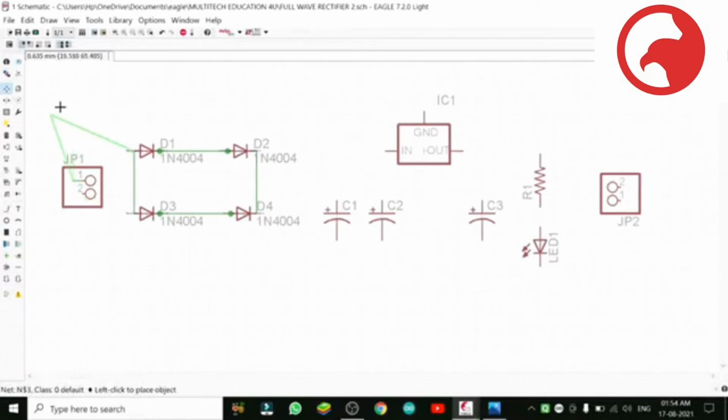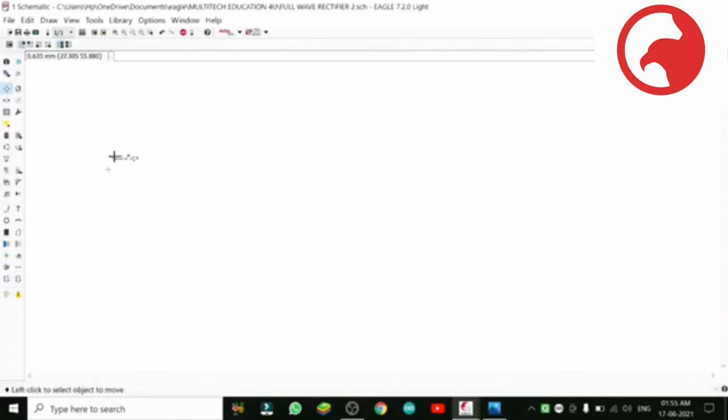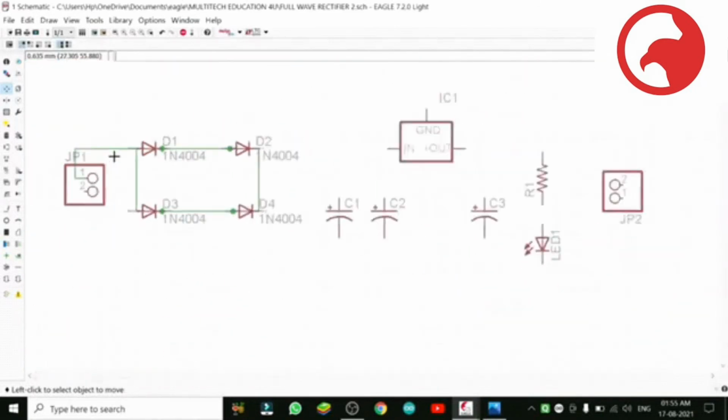You see, it is connected. Just click the things. You can move here, there. You can zoom out or fit in window.